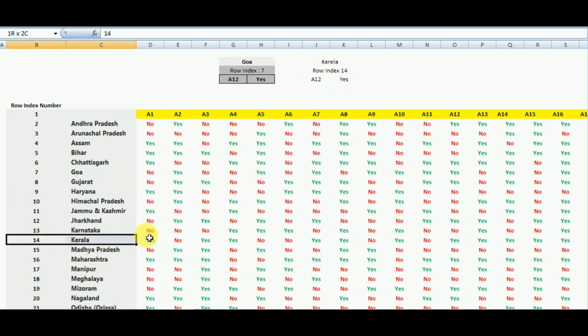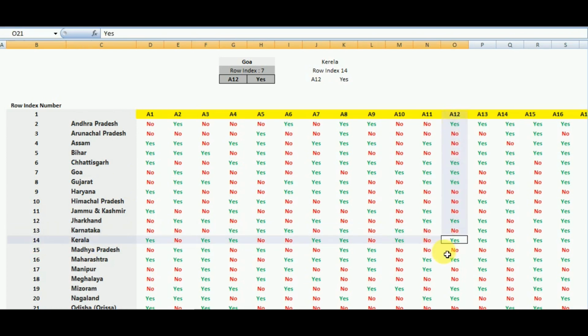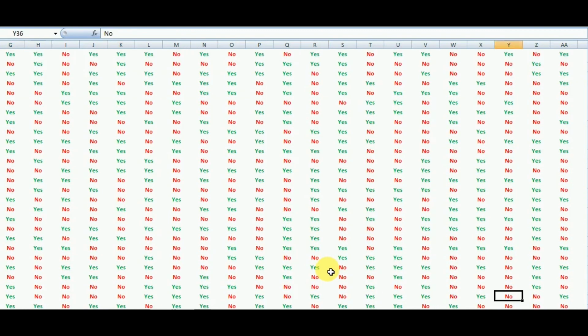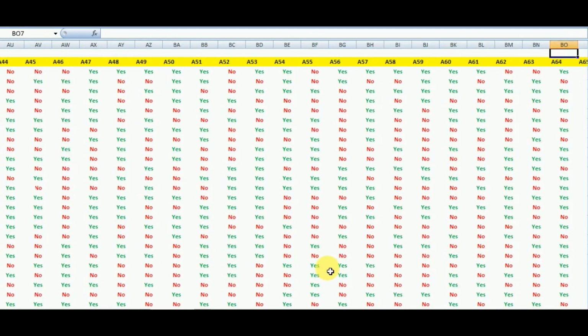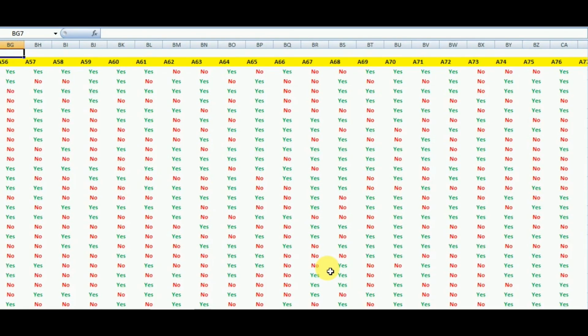Based on this you can easily see that A12 has its presence in Kerala, and hence we are getting the desired output. Now let us check for A11. It does not have a presence. When we change the input to A11, our answer gets no. That means the HLOOKUP command very easily gives us the output based on our input from the huge data. This command can be used where we have data in a sorted form, we have a certain input, and based on it we want a certain output from the table.